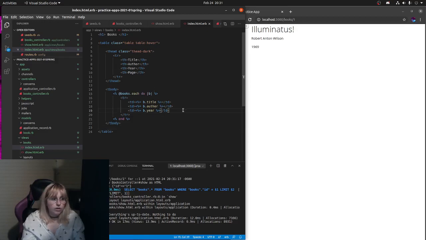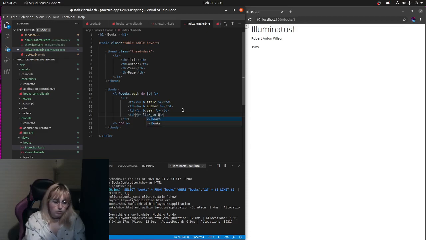So to do that, we're going to go into here, and we're just going to put, right after this, TD, and then a hyperlink text tag, and we're going to link to b dot title, and then book path for B, and then we're gonna end that, and we're gonna close that TD tag, and we're going to save it,